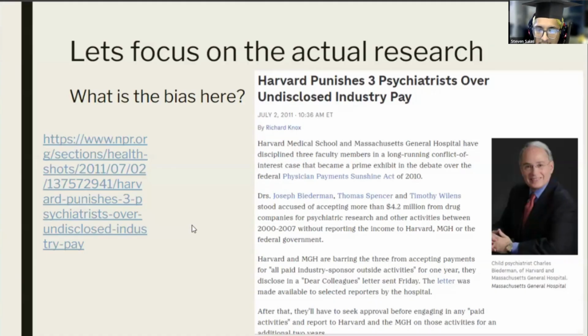So these 3 faculty members accepted more than $4.2 million from drug companies for psychiatric research and other activities between 2000 and 2007 without reporting the income to Harvard, MGH, or the federal government. There might have been a case where therapy was just as good, if not better, than pills, medication. We won't know unless the student or you follow up with other information that was written on the topic by other researchers. You have to be very careful with these